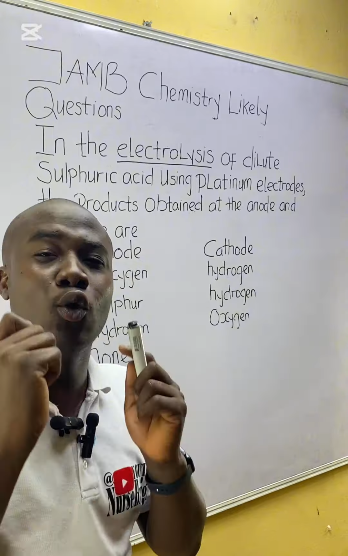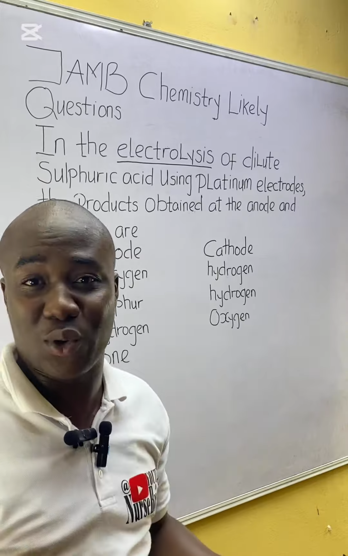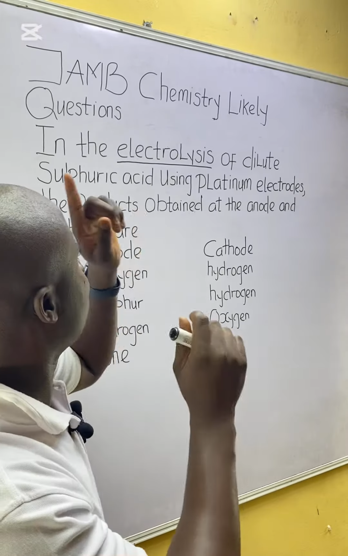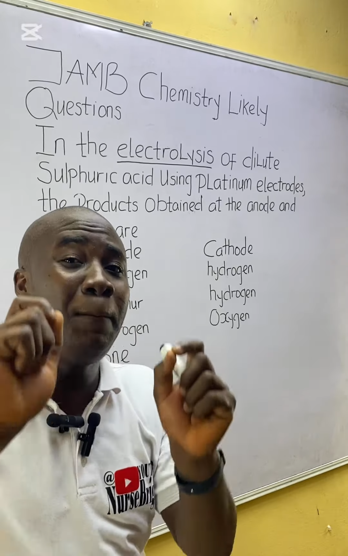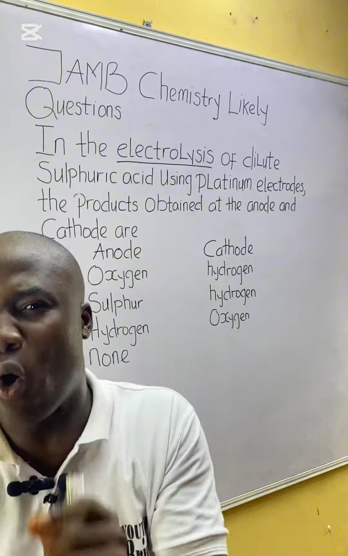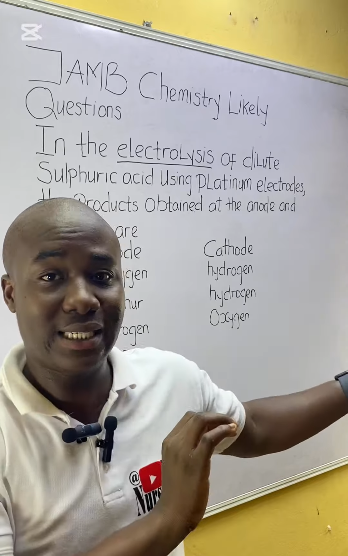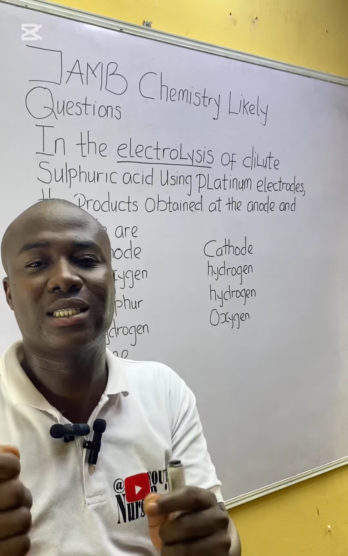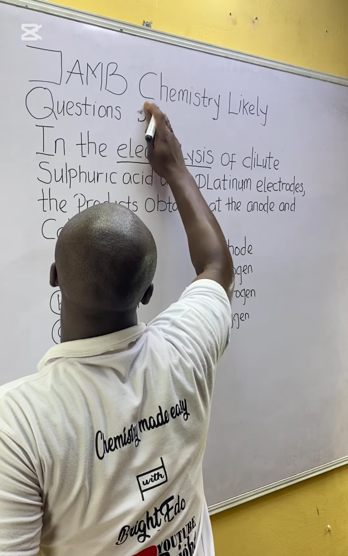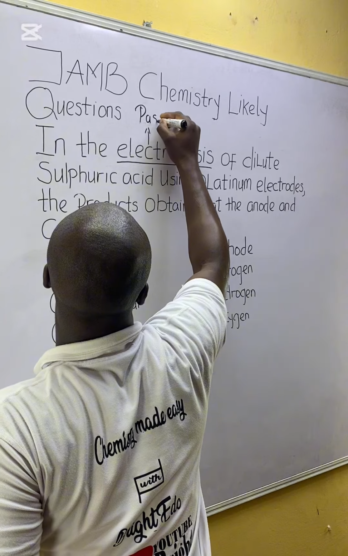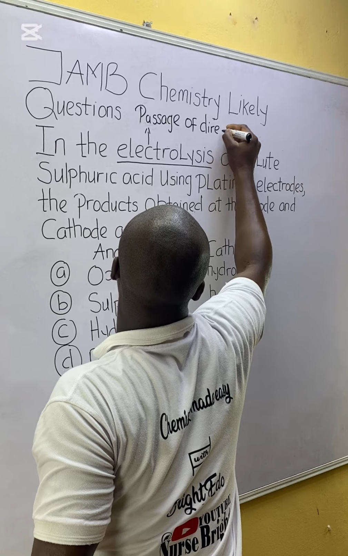So first of all, we have to know what electrolysis is all about before we can go ahead to solve this question. And it is somewhat very easy. So first of all, what is electrolysis? Simple. Electrolysis is simply the passage of direct current. I did not say electrolysis is the passage of alternate current. This is quite different. So electrolysis is the passage of what we call direct current. Please take note, it is the passage, note this, passage of direct current